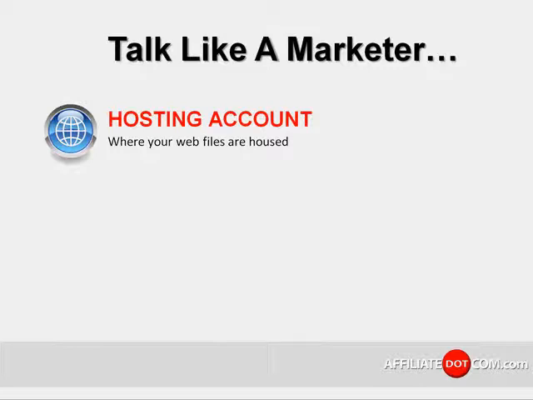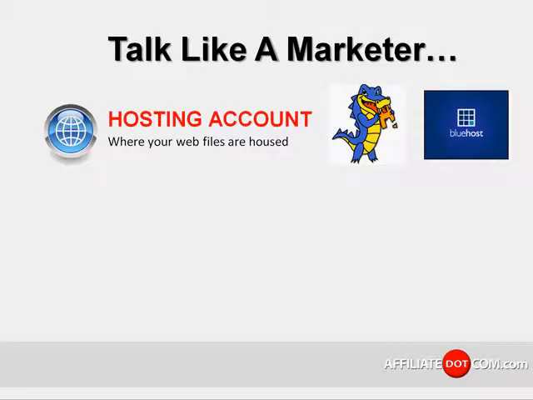So a hosting account, quite simply, is boring technical servers somewhere in the world. An average hosting account costs about $10 a month, and there are many hosting companies. Probably some of the more famous ones are HostGator or Bluehost, but you do need a hosting account to be